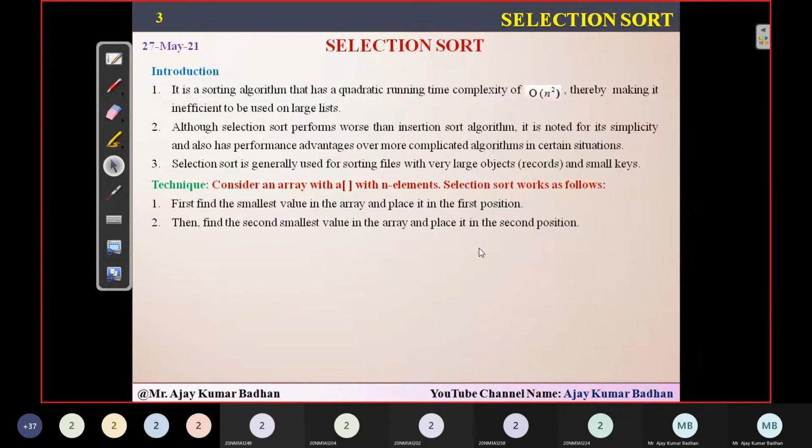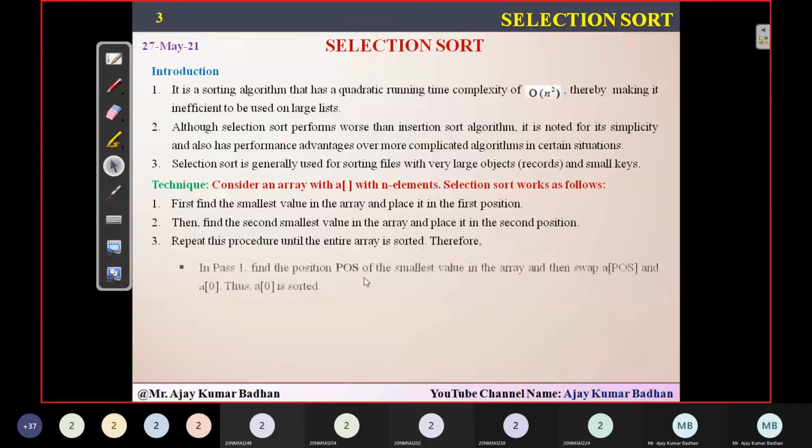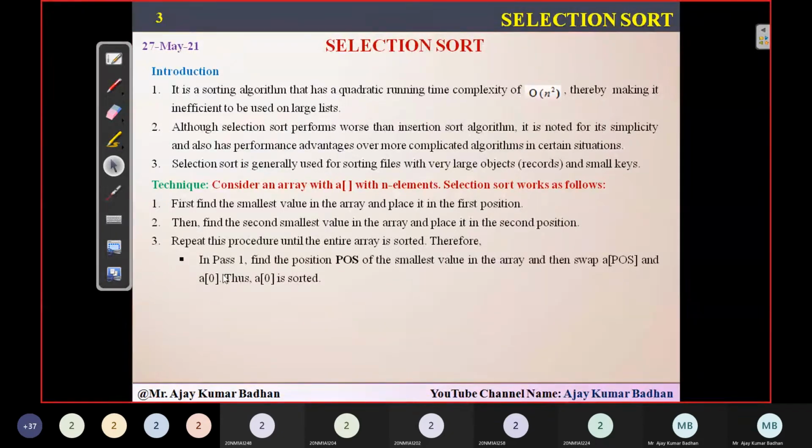So here, since we are placing elements by position, I'm going to use a variable called position. In this position we will be determining the smallest value. Wherever we find the smallest value within the array, we will store that position in this variable called POS, and later on we'll be swapping it, as I told you that we have to swap it. I will show you graphically how exactly it works, so just remember it. Once we swap it, the first position of the array is sorted.